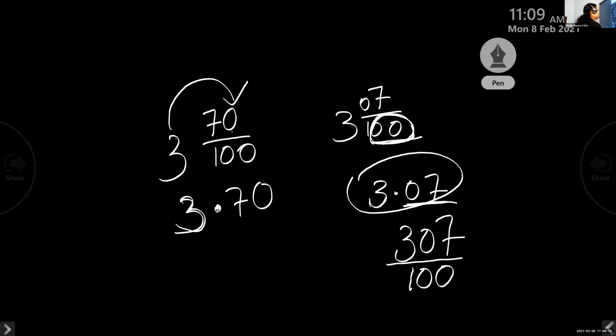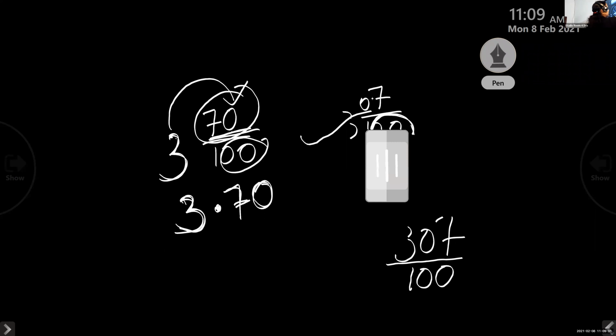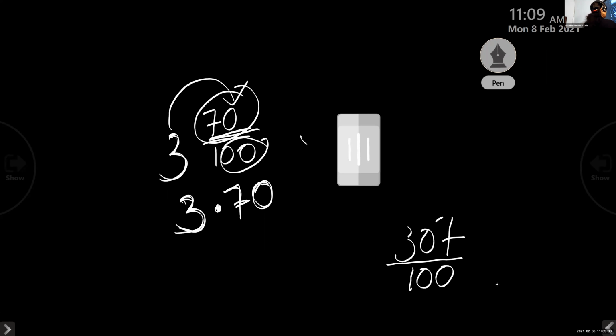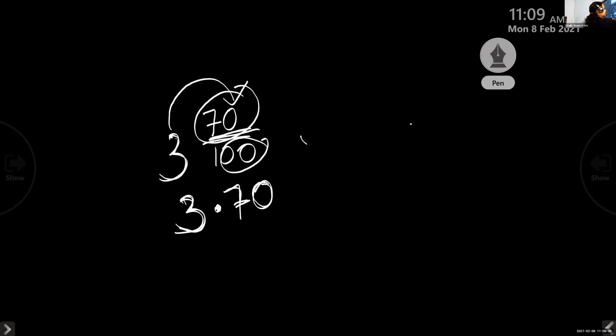Please, children, please wait. Please listen. I am not able to hear what you are saying. Here, 3 is the integral part. Write the same number 3. Then 70. Here also we have 2 digits. So look at the numerator. Just write the numerator. Okay, children. Now, how to write from this decimal back to fraction? We will see 3.70. Look at the decimal part. How many digits are in the decimal part?